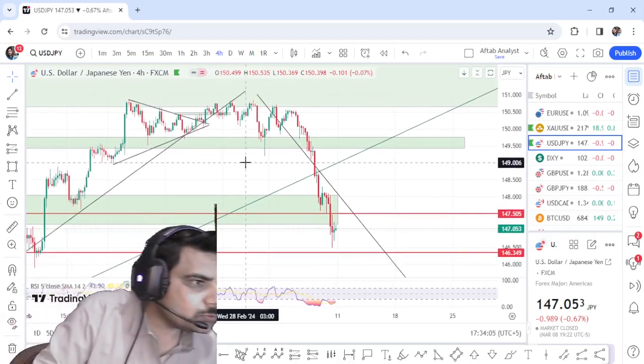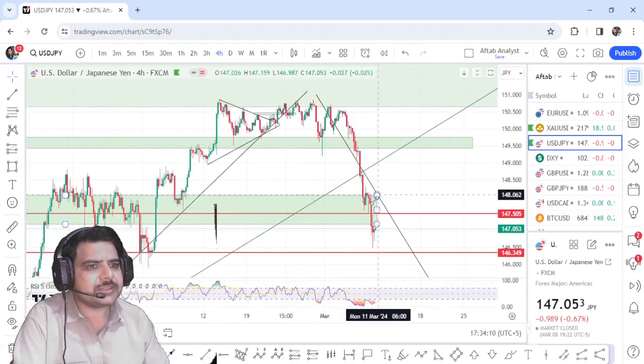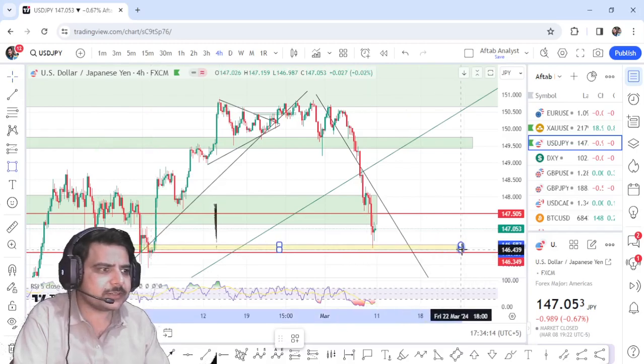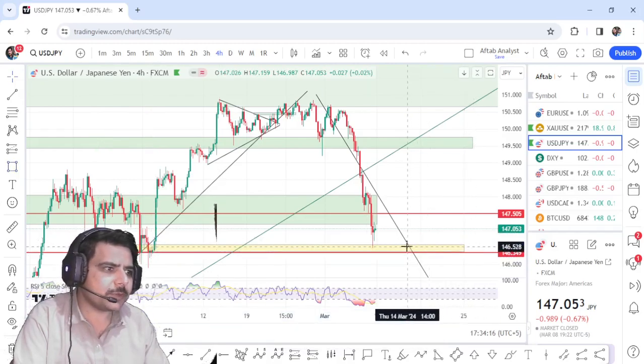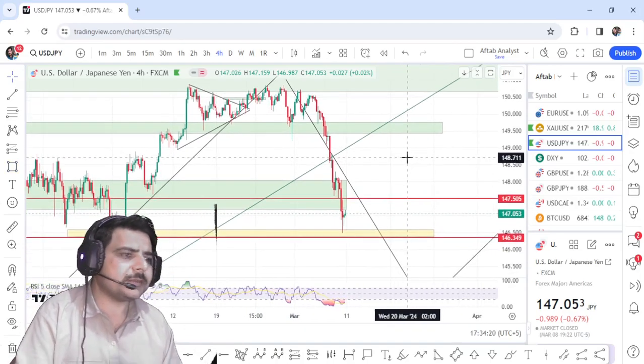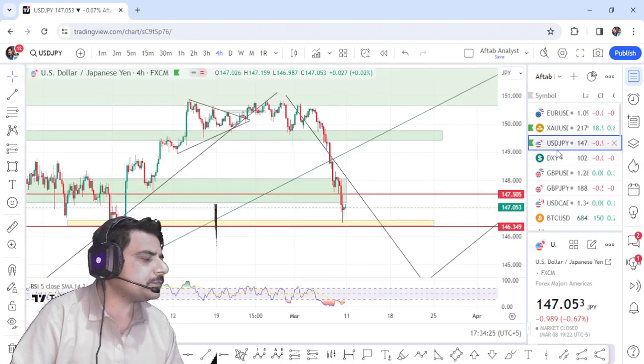So now this is the dollar yen, and I think it should retrace back a little bit right here. If we see on the H4, this is for the weekly traders, and on the H4 this is a very fantastic support, so maybe the market can range and stuff like that, but please don't sell at this price point. This is what I want to tell you.